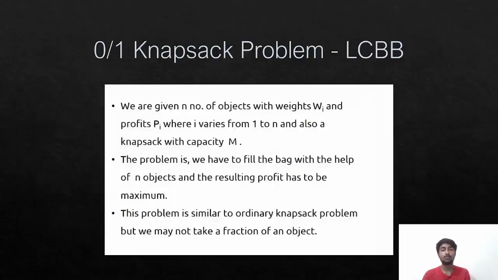Next, we'll be looking at the 0/1 knapsack problem using LCBB, that is the least cost branch and bound strategy. The least cost is considered the most intelligent approach as it selects the next node based on a heuristic cost function. It picks the one with the least cost. As 0/1 knapsack is about maximizing the total value, we cannot directly use the LC branch and bound technique to solve this. Instead, we convert this into a minimization problem by taking the negative of the given values.